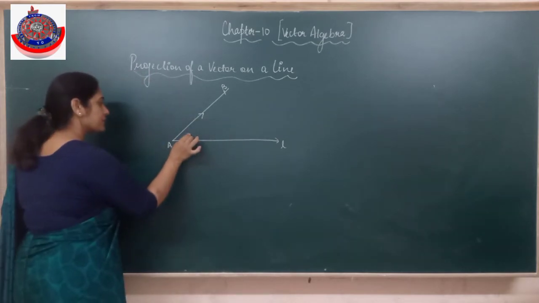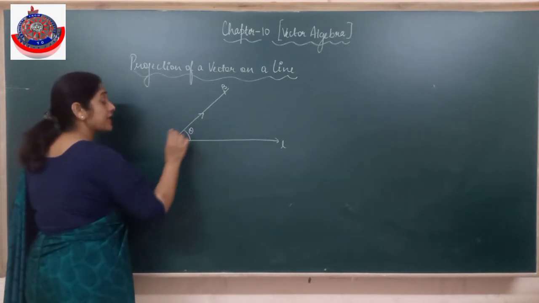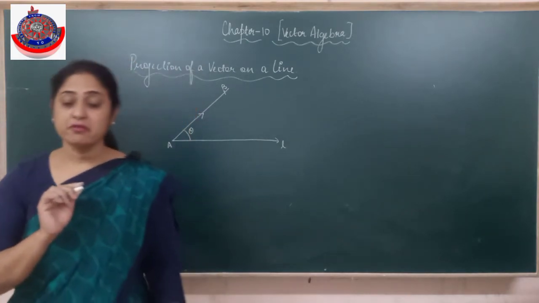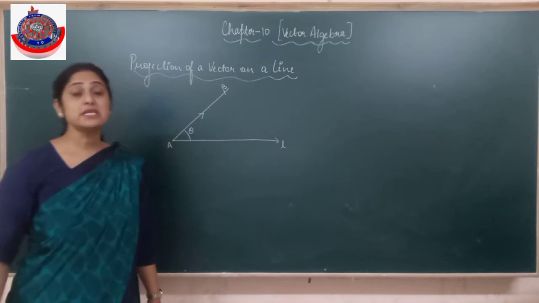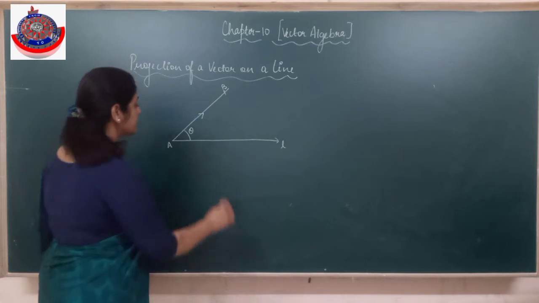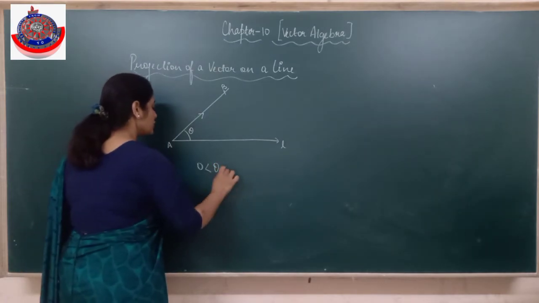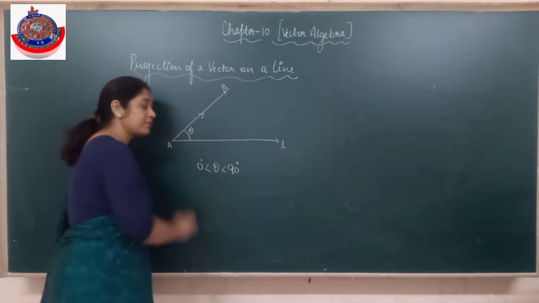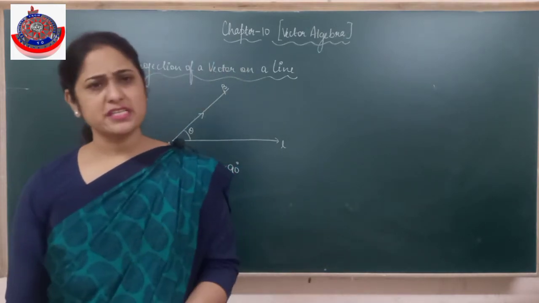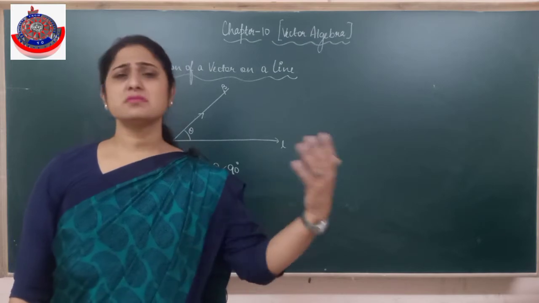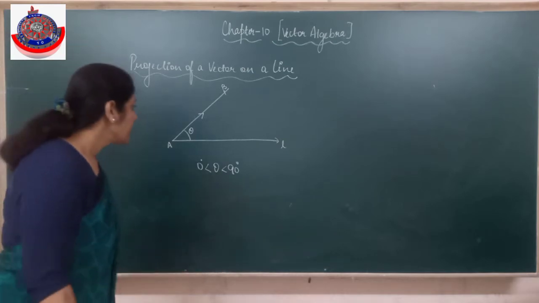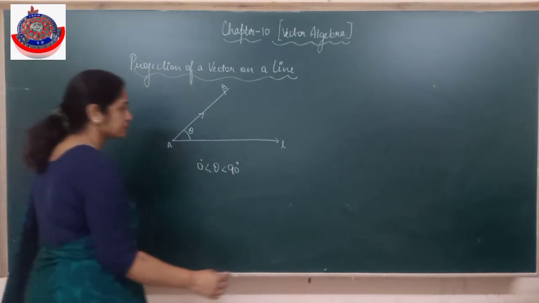And say theta is the angle taken in the anti-clockwise direction. Is it clear? You know that whenever we take angle in the anti-clockwise direction, it is always positive. Alright, but it's not compulsory. Right now I've taken an acute angle where theta lies between 0 to 90 degrees. It can be in any quadrant: 90 to 180, 180 to 270, 270 to 360. According to that, the sign of the projection will change, positive, negative, whatever, depending upon the angle, you know that. Fine. So what is the projection?